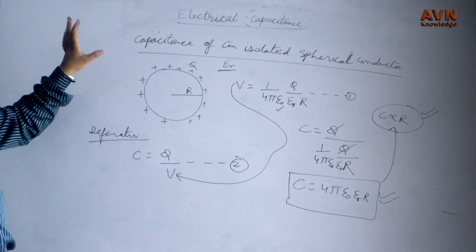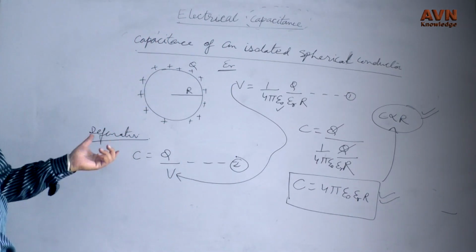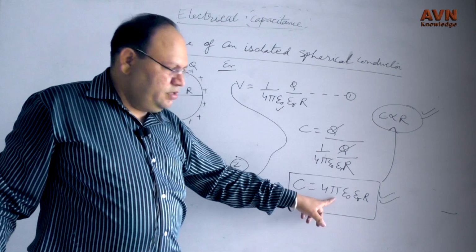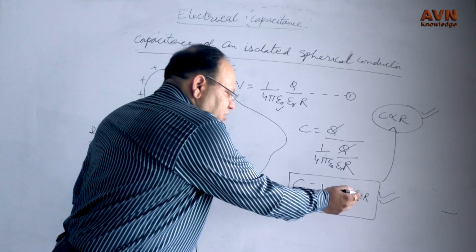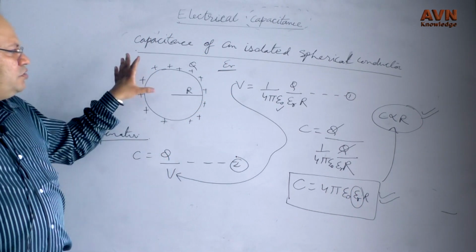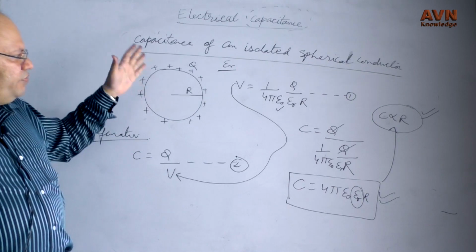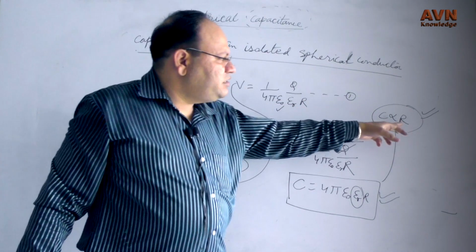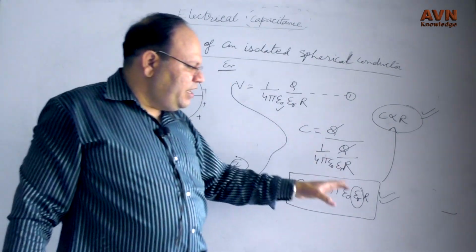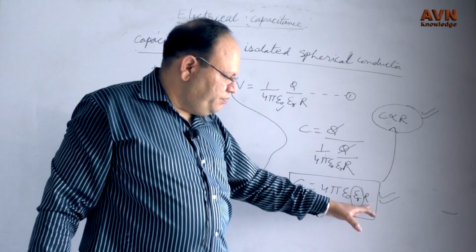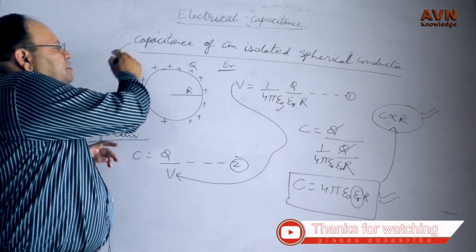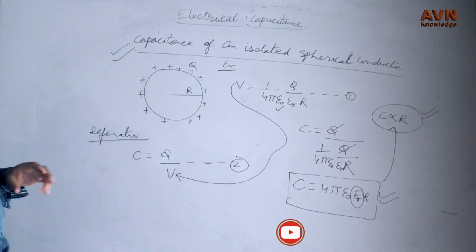So when we use a dielectric medium, the capacitance is increased. Capacitance is increased when you use the dielectric medium. So when we increase the radius, the capacitance increases. When we use the dielectric constant, the dielectric medium, the capacitance increases. So this is the capacitance of an isolated spherical